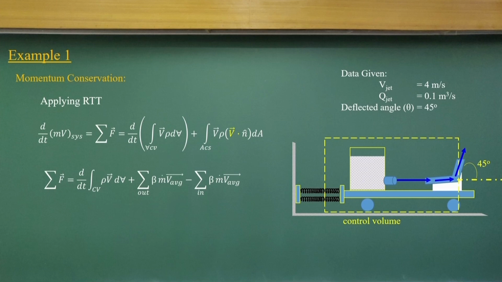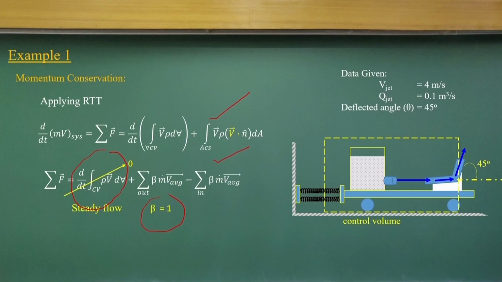That is the Reynolds transport theorem in integral form, and in summation form, as we have inlet and outlet here. In this case, we can simplify it since it is a steady problem, this becomes 0, beta is equal to 1,